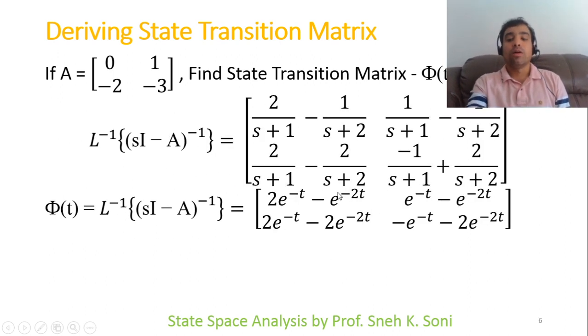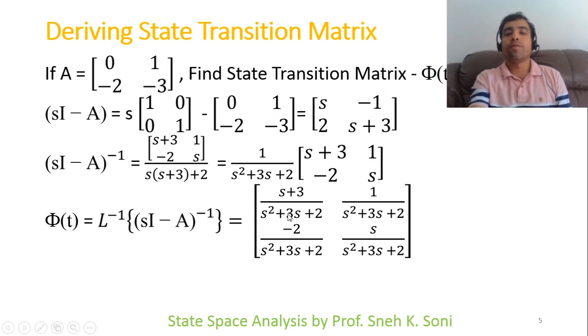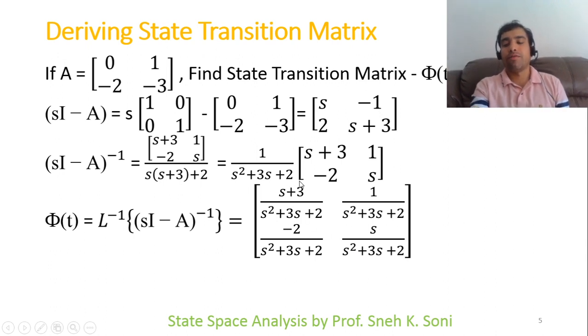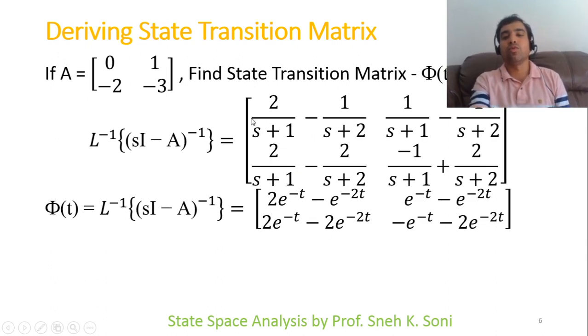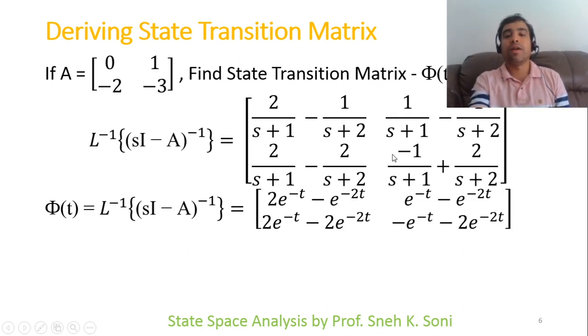We have already solved this kind of problem in mathematics, right? For the Laplace inverse, we need to find the partial fractions. So here you have to find the factors: s plus 2 and s plus 1, and you will find the partial fraction for each and every term. After that, my simplification will be like this: 2 upon s plus 1 minus 1 upon s plus 2. This is for the first term, and similarly I'll get the remaining terms. So you will have this kind of simplification for the given system, and then I can straight away apply the Laplace transform equation. It is a very easy problem.